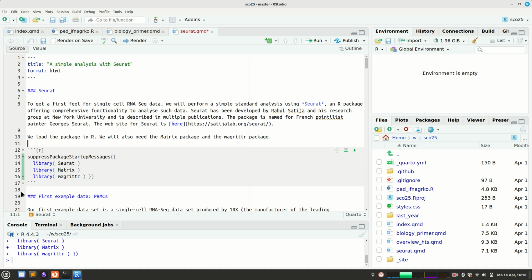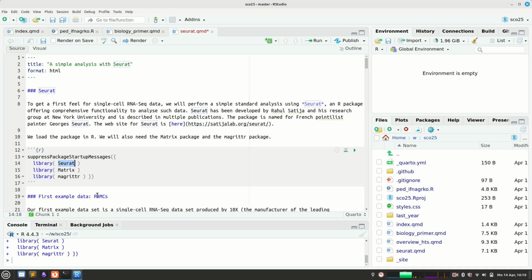And it has a whole load of extra packages, and what I now load here is a package for matrix mathematics, the Magritta package I explain later, and a package called Seurat. You have to pronounce it French because it's named for the French painter named Seurat, and you will see later why, which is the standard R package which is used for